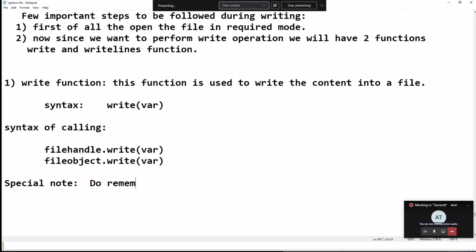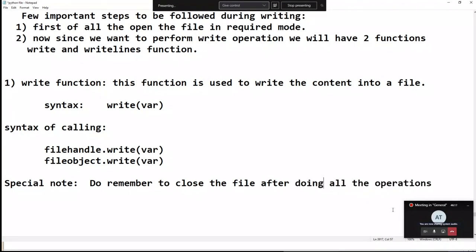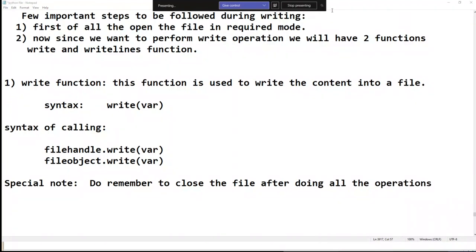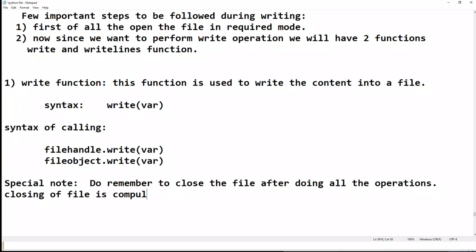Remember to close the file after doing all the operations. Always remember why we are closing the file. Closing of the file is compulsory during writing of data.